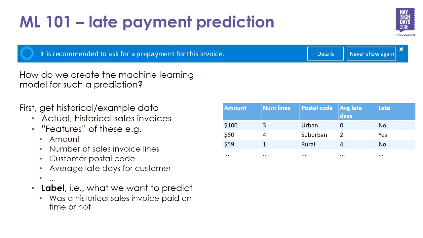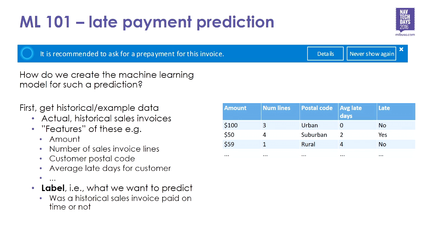Well, I now realize that maybe the examples are a bit biased here towards urban postcode. But anyway, the suburban guy here pays 2 days late on average, and he also paid late in this case, right? So these columns here we call features. In this case, I actually have 4 features of my historical data that I would like to use as